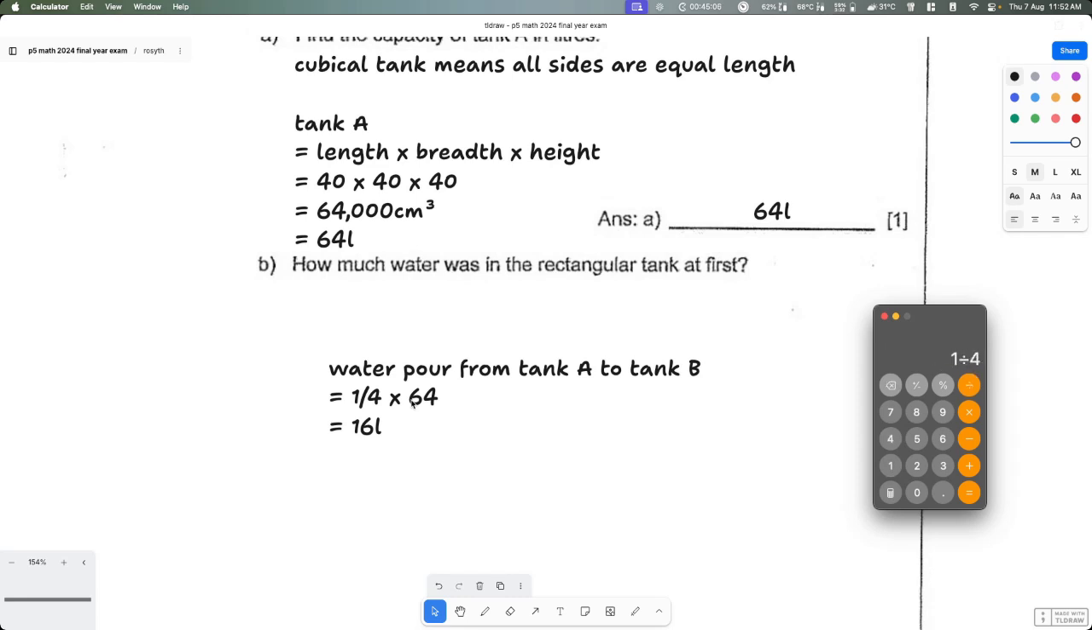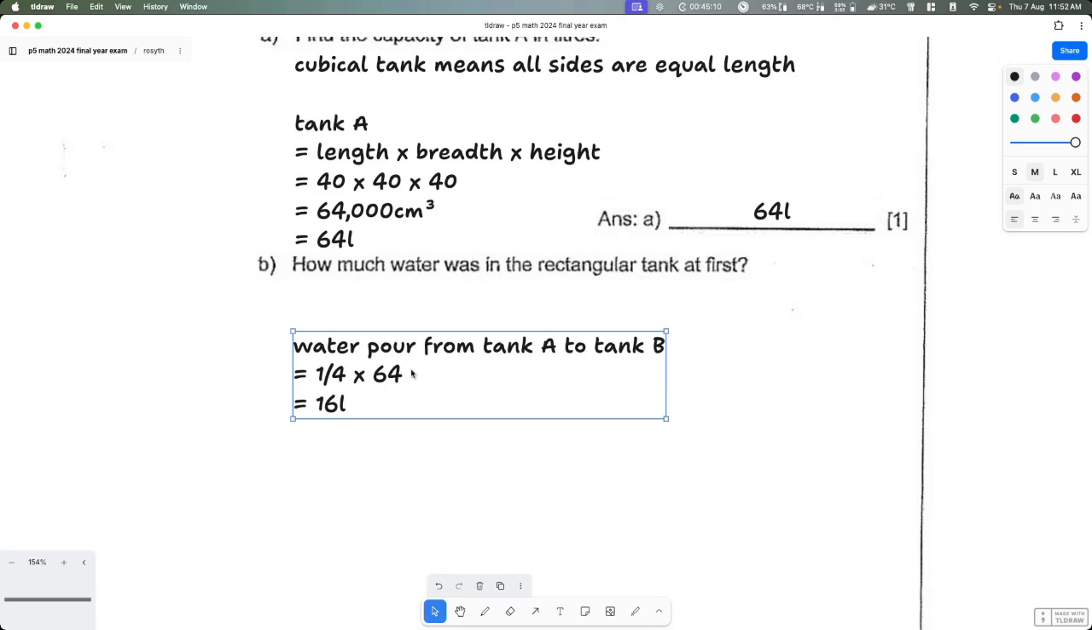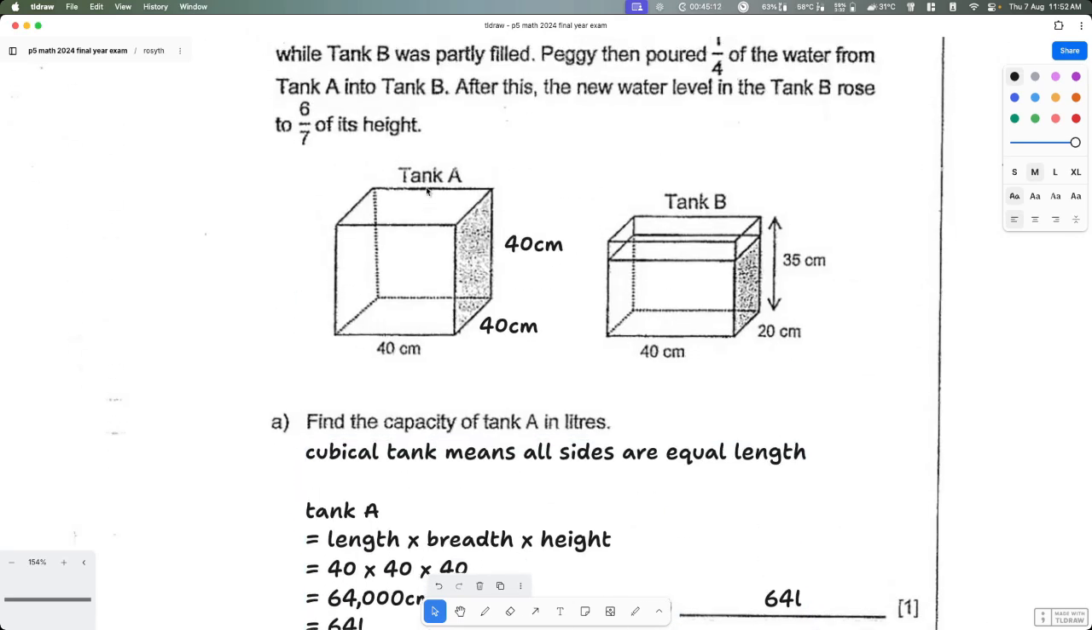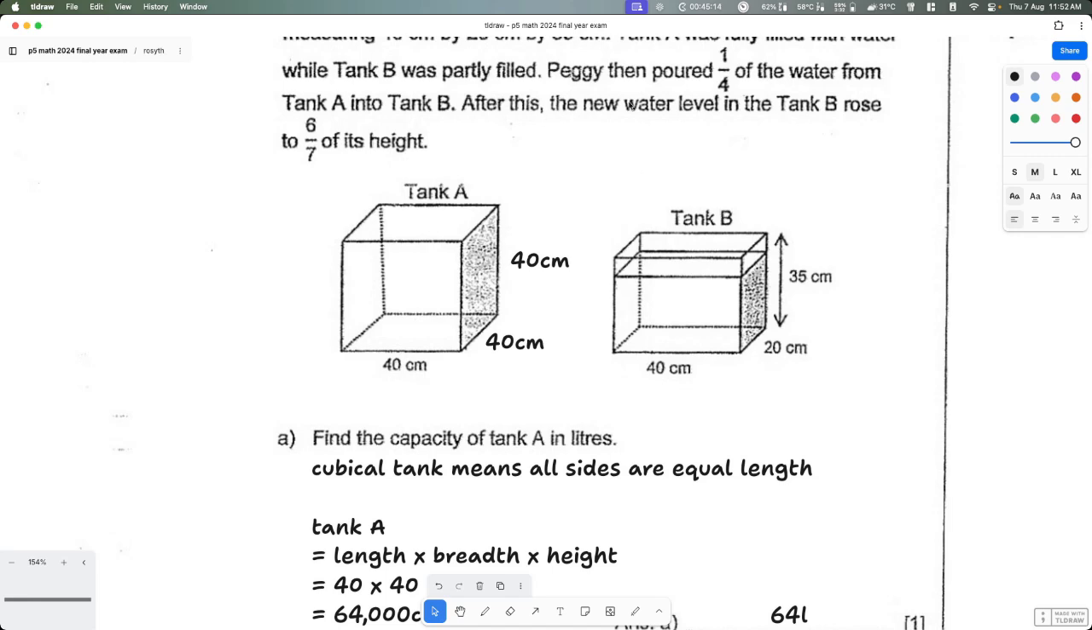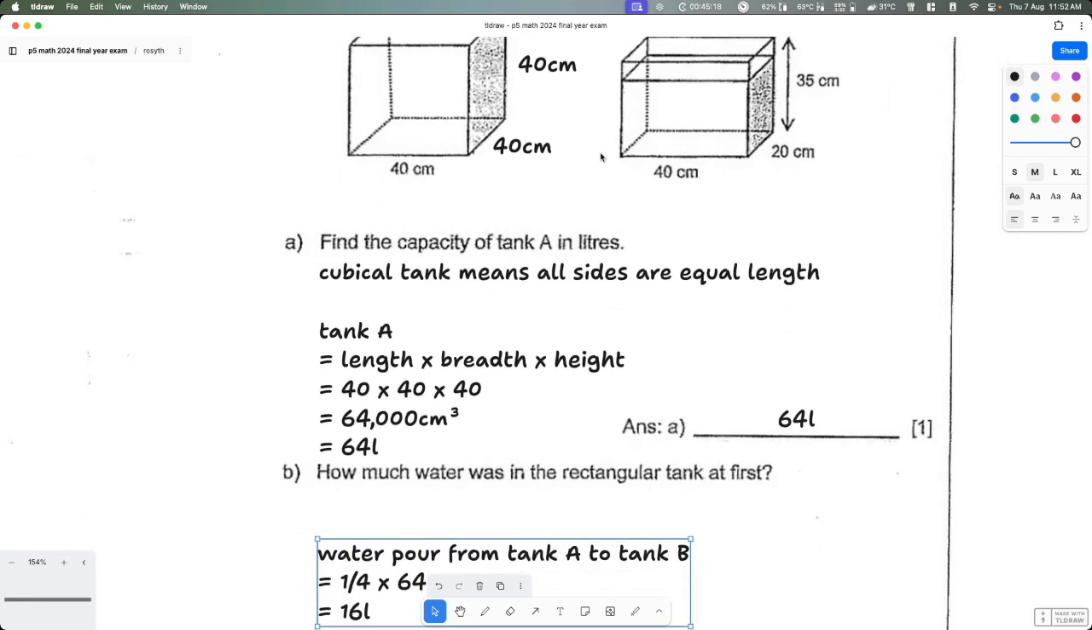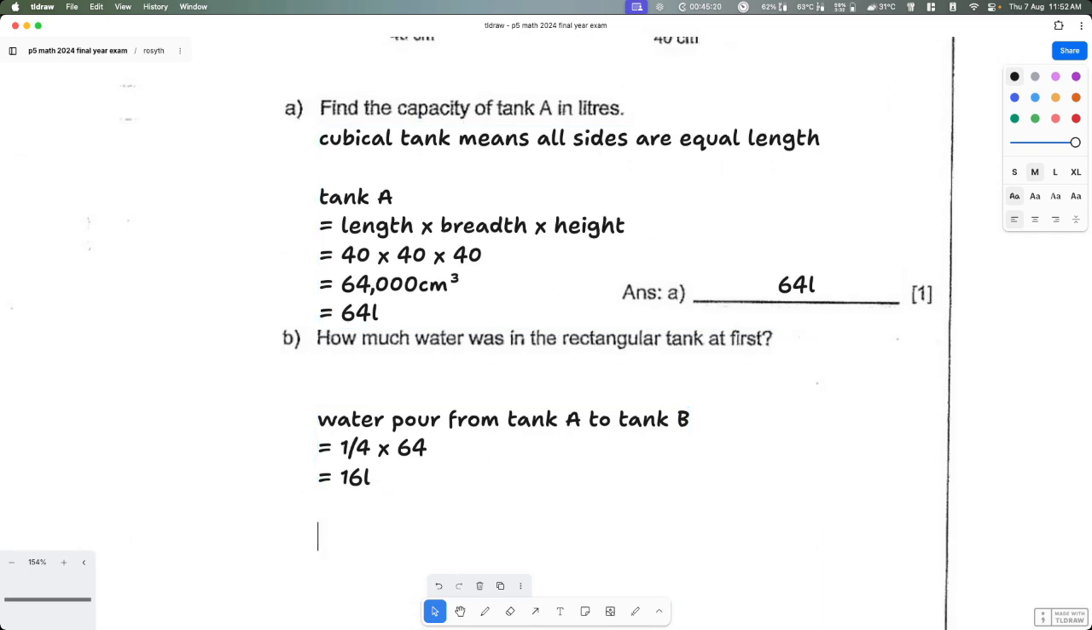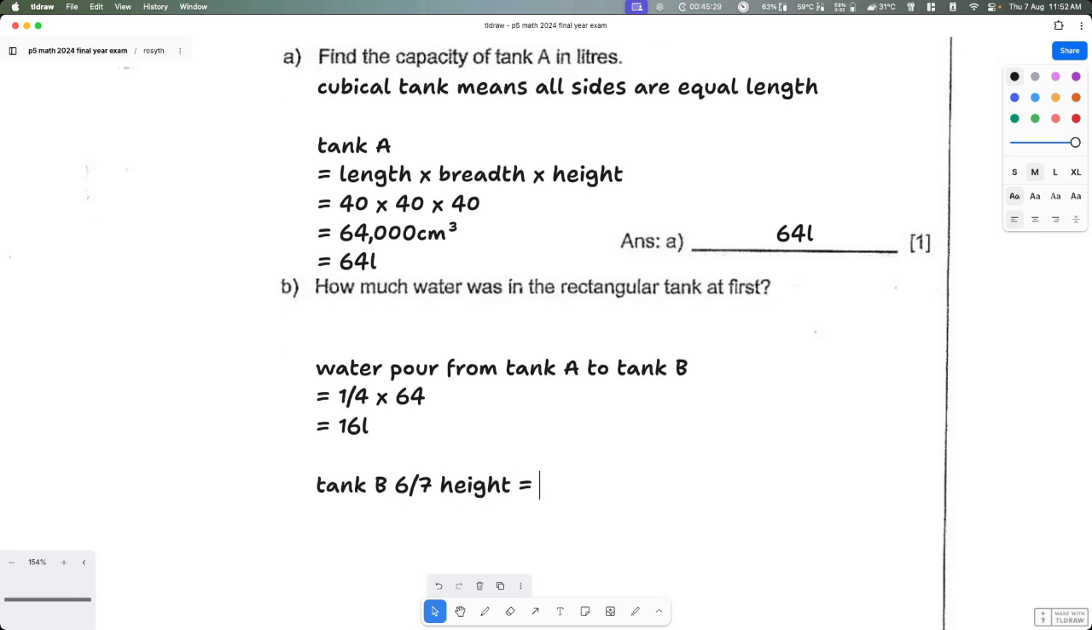So 1 divided by 4 multiplied by 64, 16 liters. Okay, so in this case, next thing is we know 16 liters has been poured. After this, the new water level in tank B rose to 6/7 of its height. Okay, so tank B is 6/7 height. B is equal to 6/7